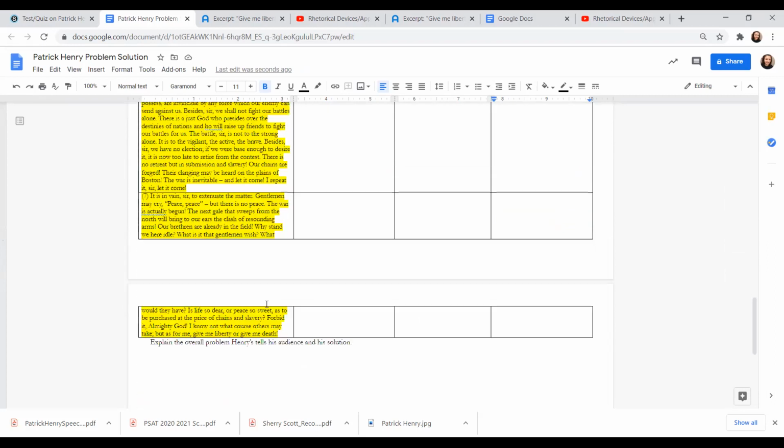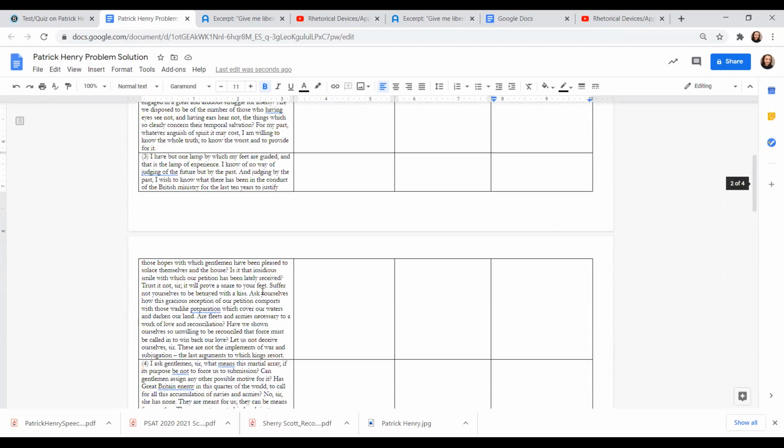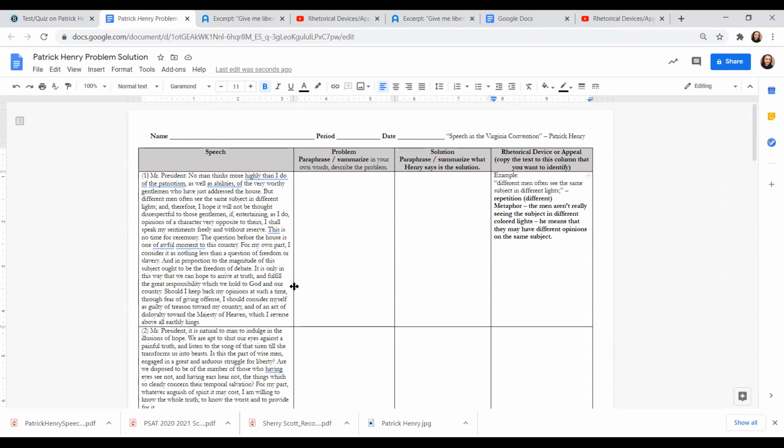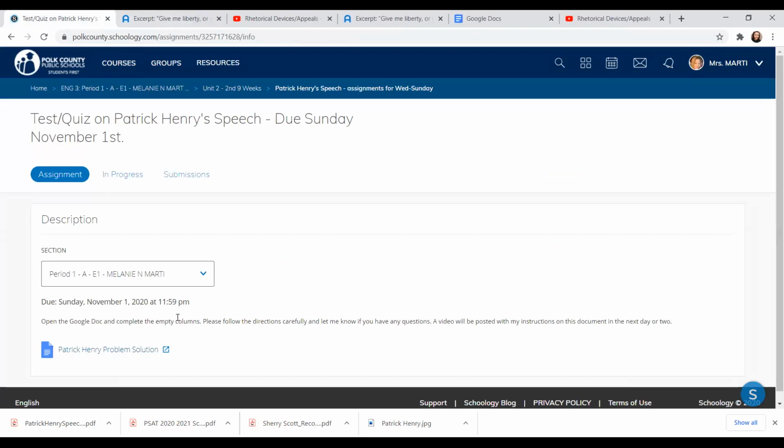And this is broken down. That's why it kind of seems so long. It's really not a long speech. It's taking up a little bitty part of the screen here. So it's stretching it out. When you get to that, if you have questions, please reach out to me and we'll hopefully be able to go over everything a little bit more on Friday, before you're actually required to turn in the test for some of you anyway.